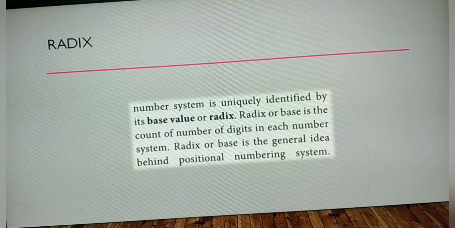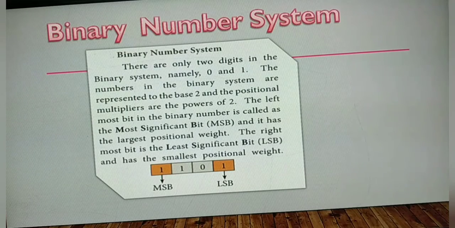At last you people have some example as a heading, and there you people have any decimal number and write it as to the base 10. Like that you people have to write for base 10, that is your decimal. Next it's your binary, octal, hexa. Okay, for 16, 8, 2. Like that you people write any sequence of numbers. The next one. Write a note on number system, that is your binary number system. So in your book it is in page number 16. So this para you people have to mark, it is for your binary number system.